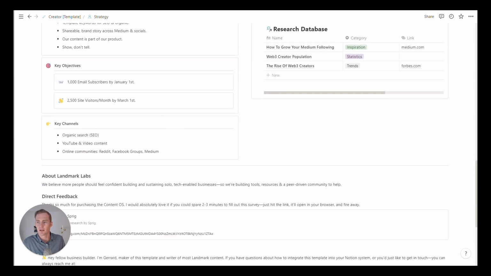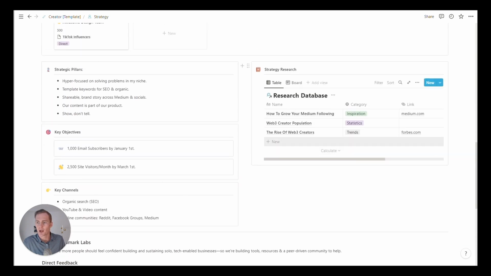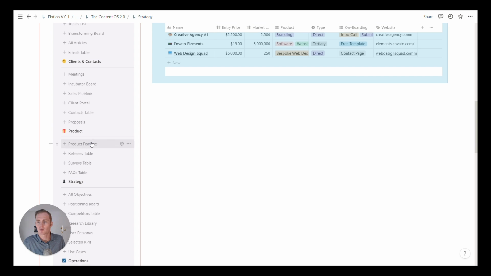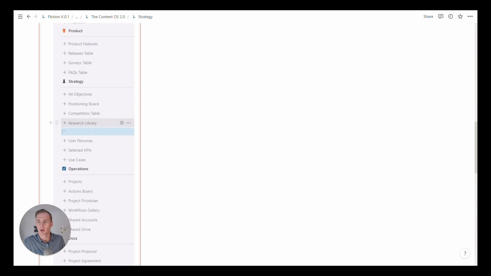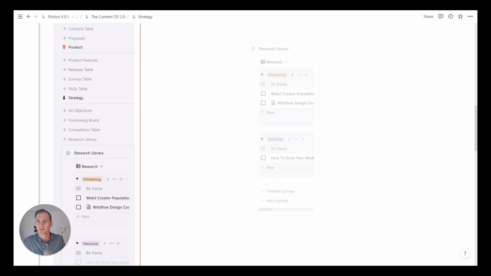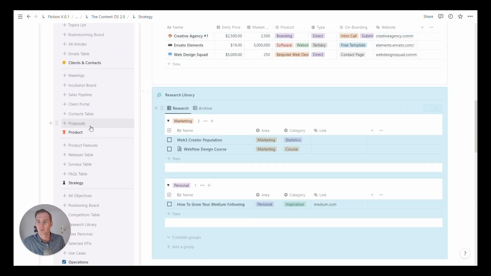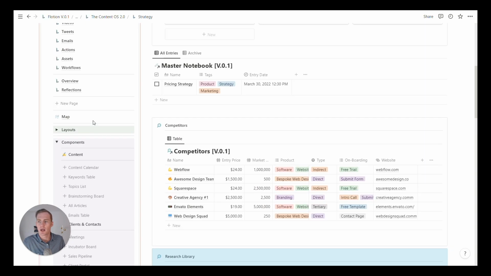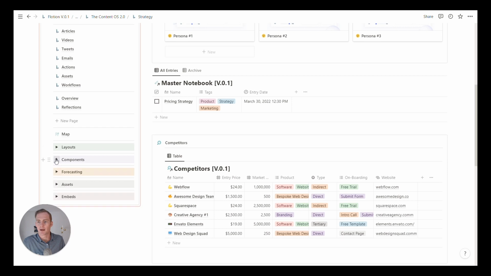To be honest, this is a little bit messy, but I think that the research hub is going to be useful, so we can drag one of those in as well. Generate that quickly, drag it in, and we can do a pillars section just to help us summarize our strategy